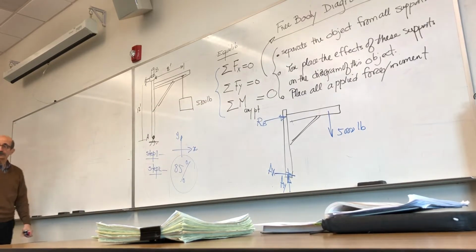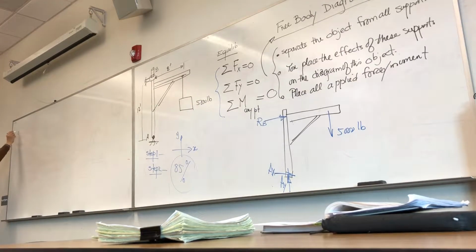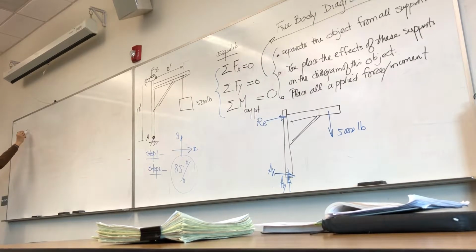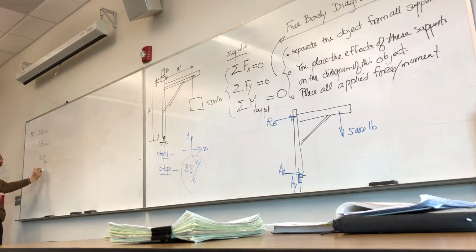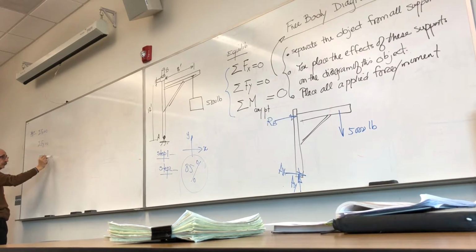So write those equations of equilibrium. That is step 3. Summation of forces along x, 0. Summation of forces along y, 0. Summation of moments about any point is 0. You see,